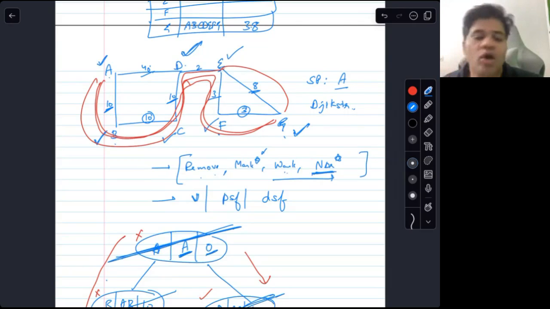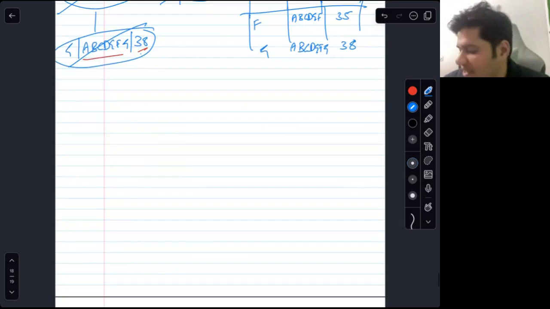Is the algorithm clear or not clear? Did you understand the Dijkstra algorithm or not? Should I do it again? Once more? I want to do it once more. Please give me a thumbs up so that I can discuss it once more, because then I will be throwing you an example and then you will have to solve that example. I will do it quickly.